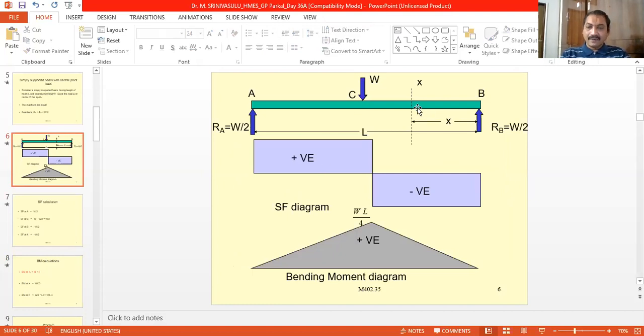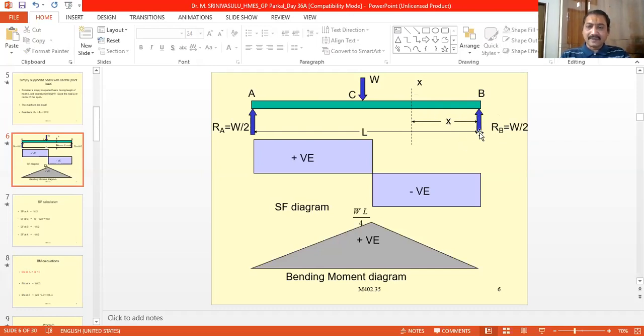Now at the section. To get a general equation, we have to find the bending moment at the section xx, at a point x, at a distance of x from the right support. Now the bending moment is equal to, what is the equation? Because to the right, only one force, RB, is acting. So RB into x, and RB into x is, suppose the beam is fixed, we are supposed to fix the beam here.